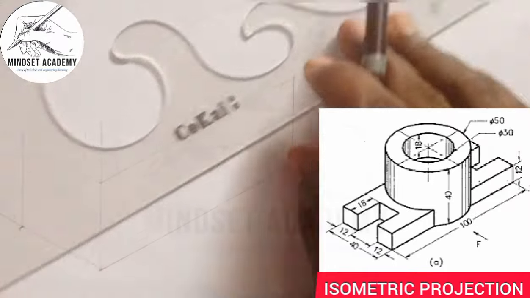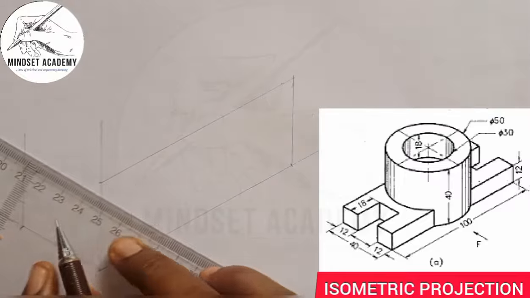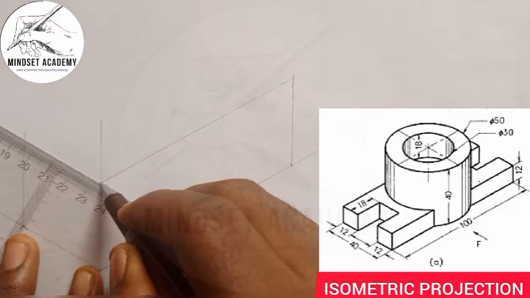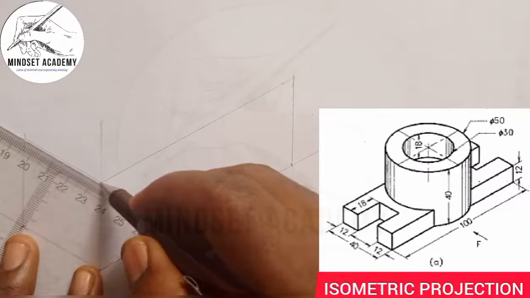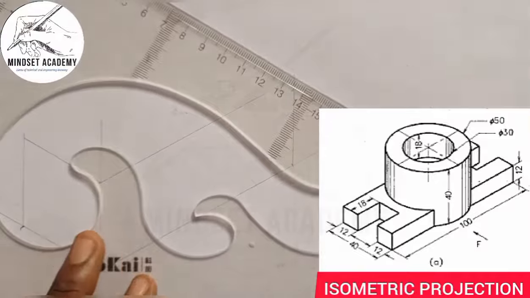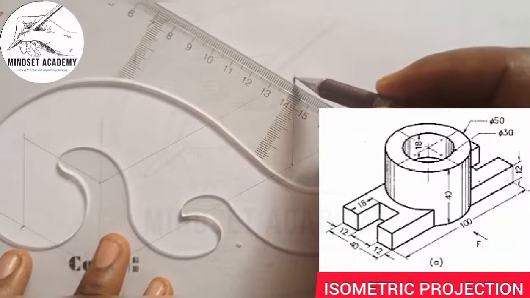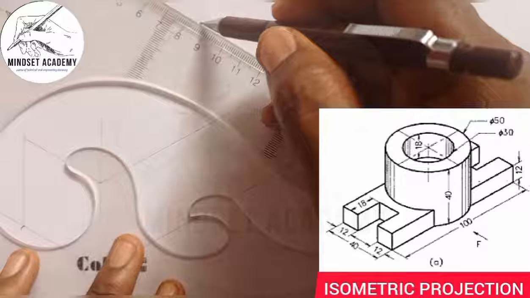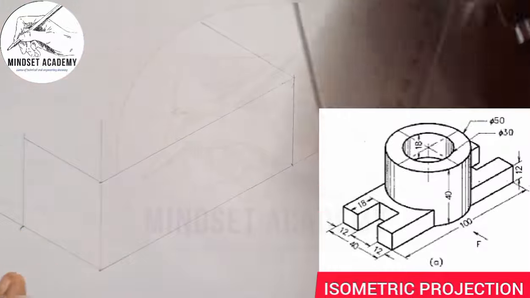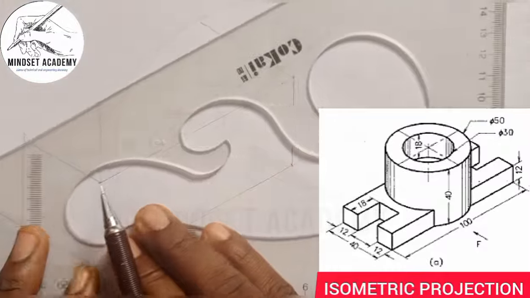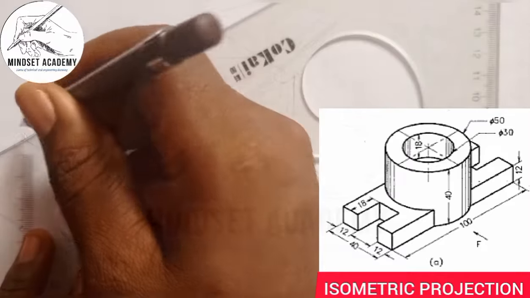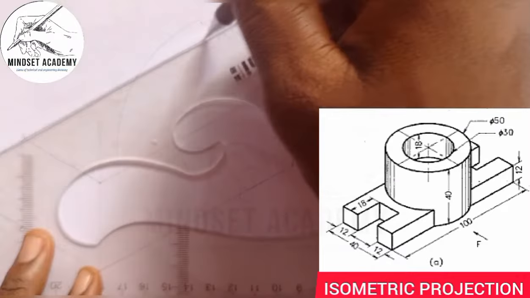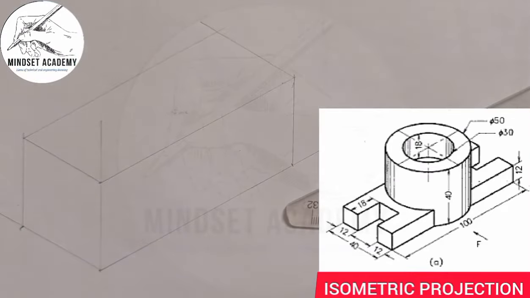And this will come this way. And this will also come this way. And I'll close it up this way. You can see that. So I have successfully